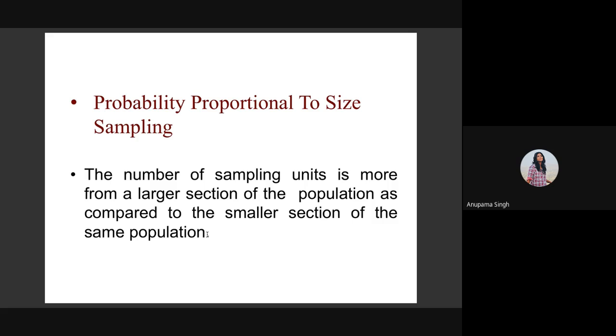For example, we are taking the information from Uttar Pradesh. And at the same time, Uttar Pradesh has the biggest population in the whole country, right? And at the same time, you're taking population from, say, Andaman and Nicobar or Daman and Diu. That is a very small geographical area,